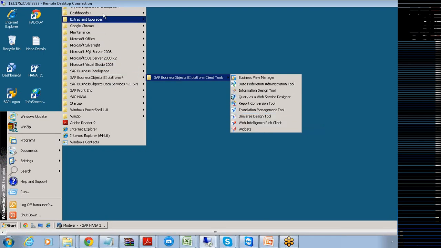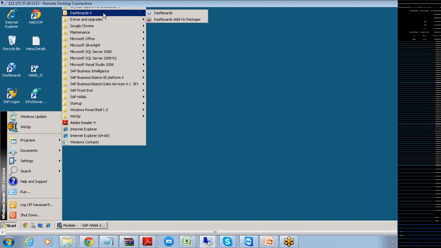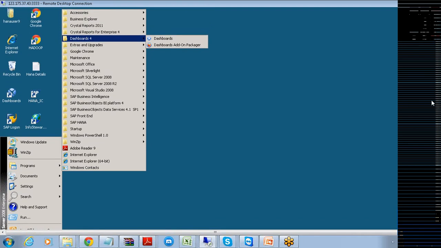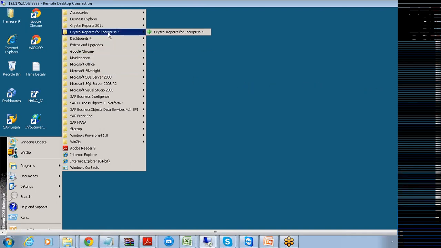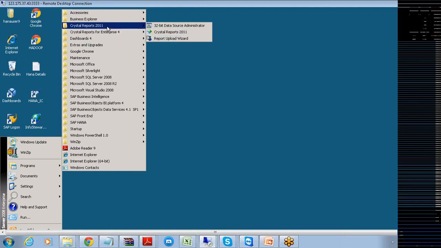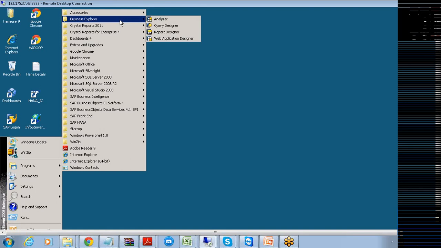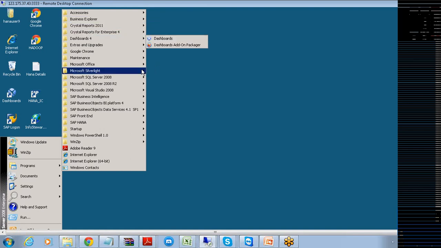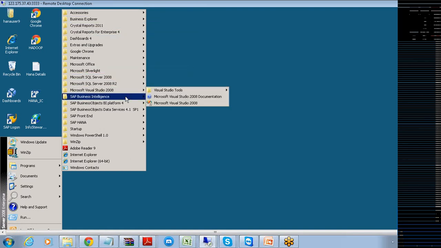We can have the option of creating dashboards. This particular dashboard tool, in the earlier version, is called Excel CS. I can have the option of using Crystal Reports 2011 as the reporting tool. Even though it is not there here, I can also use Business Objects. SAP Visual Intelligence can be used for creating analytical insights.